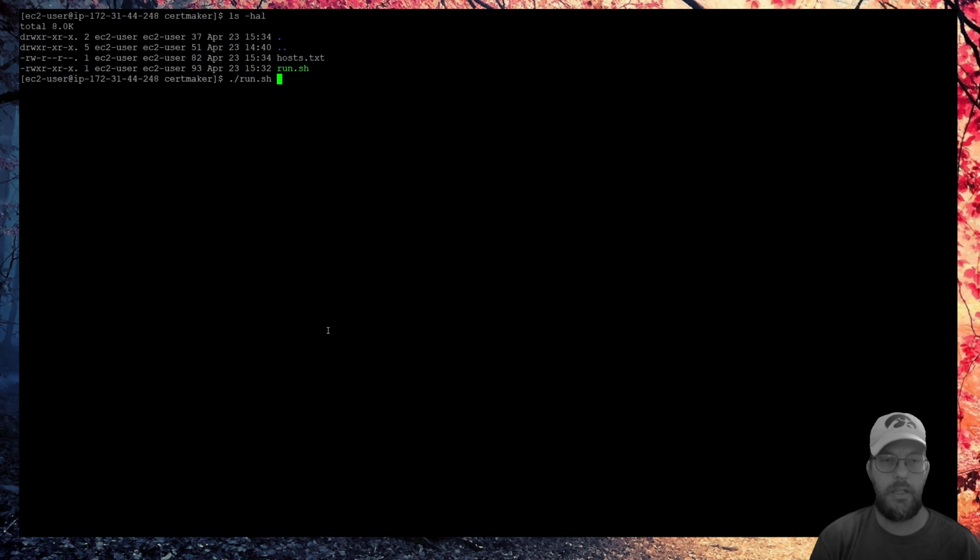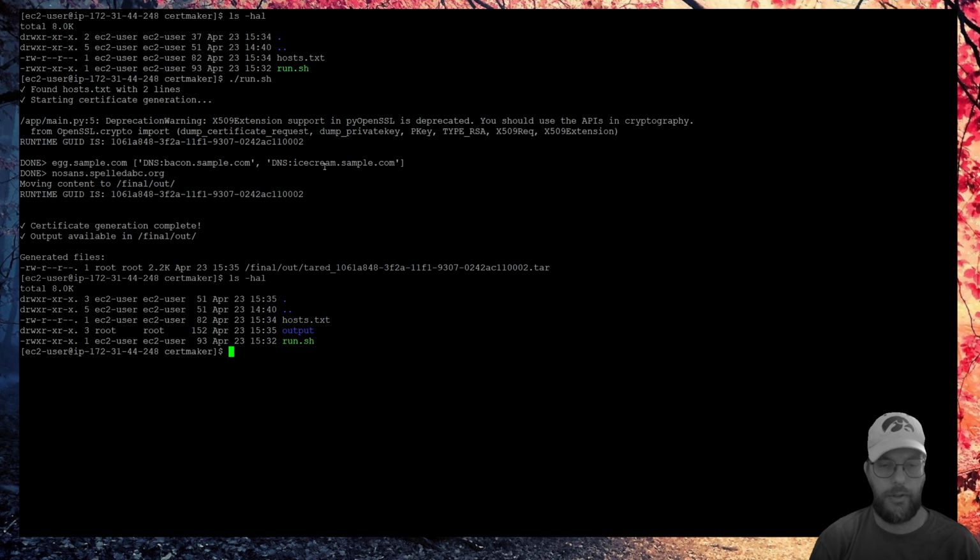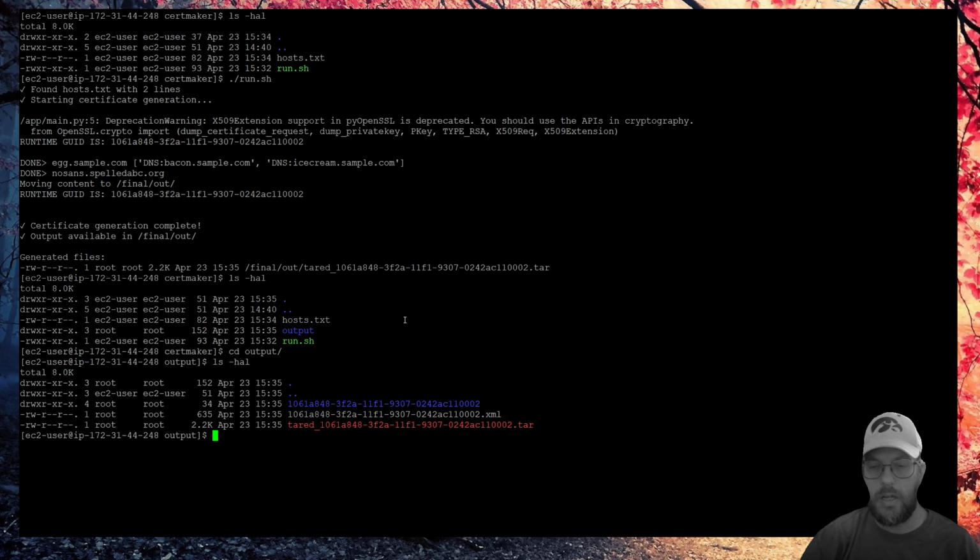A sample run here. Beep. We're all done. And you see up here how there's no directory. There is a directory now. It's owned by root, but whatever. I'll go into output, and in here,